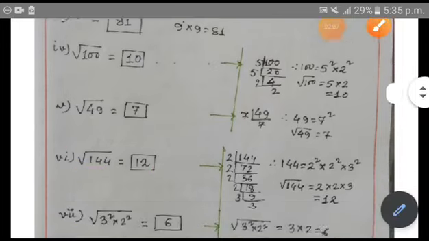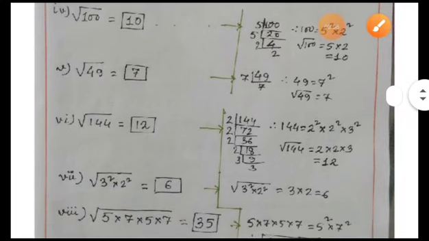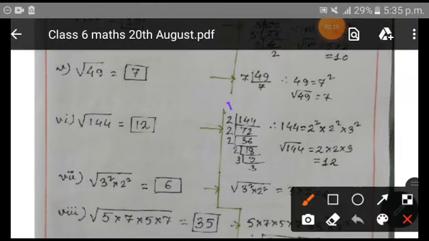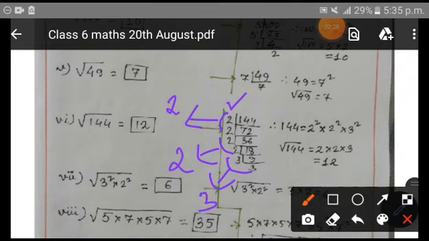Now let us see how to factorize this one. See here, the factorization has been done. You will factorize the number only by using the prime factors, only the prime numbers. If you want to pair these, from this pair of 2s, one 2 comes out, from the other pair of 2s another 2 comes out, and from the pair of 3s one 3 comes out. So you are getting 2 into 2 into 3. 2 2s are 4, 4 3s are 12. So square root of 144 is 12.